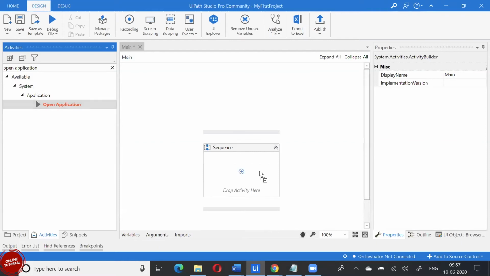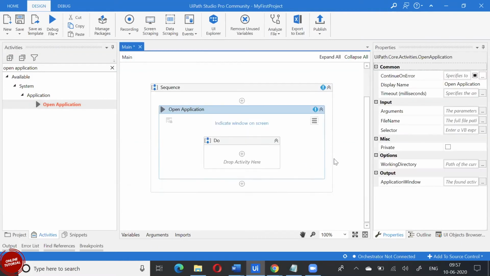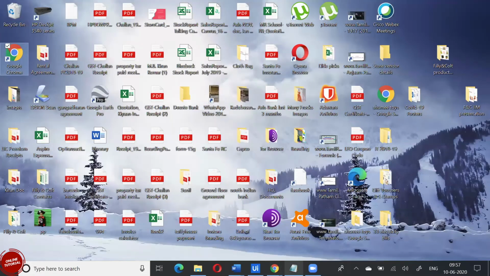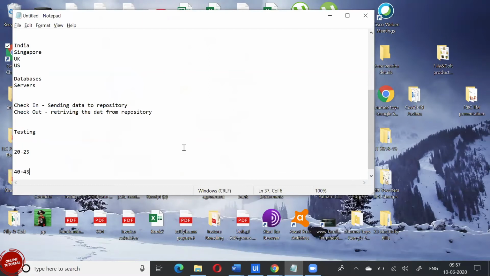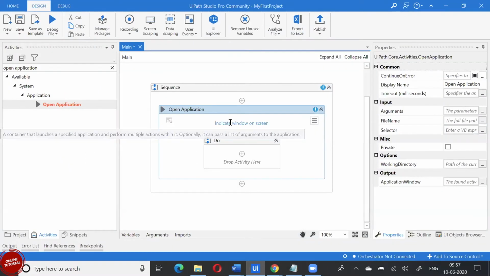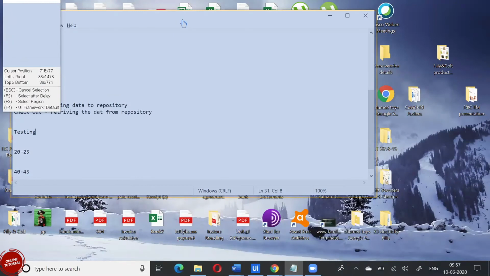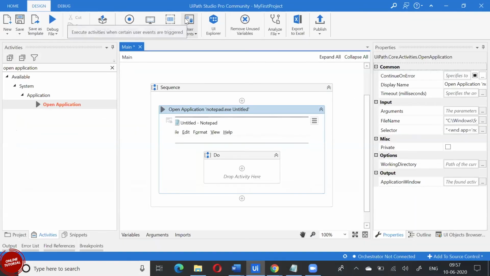See, here, I'm telling it to open an application. Now, if Cadence is one of the applications installed in your machine, I'll show the system what to open for the first time. See, I'll keep one notepad here. Now I'll tell the system what I want to open. Okay, this part is done.